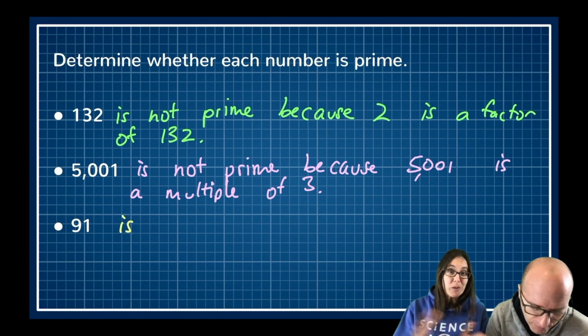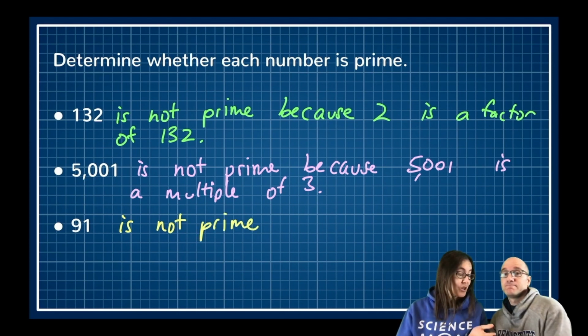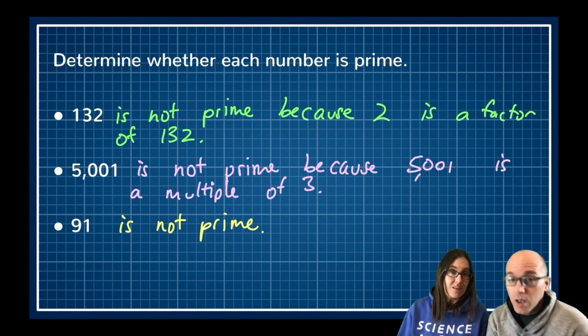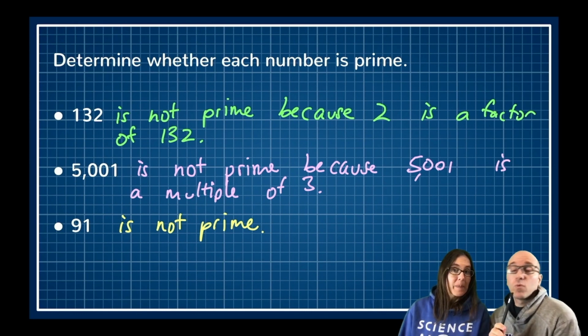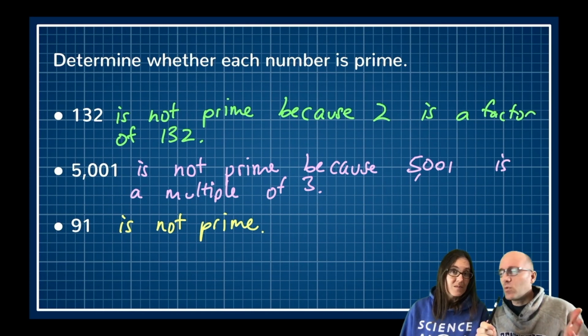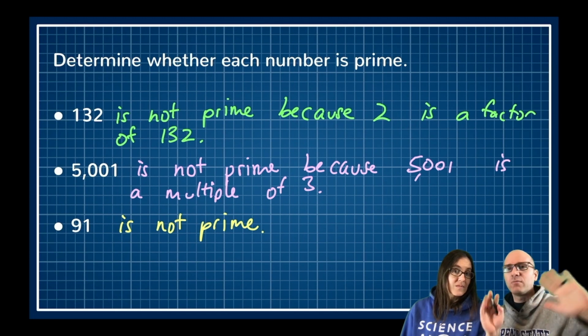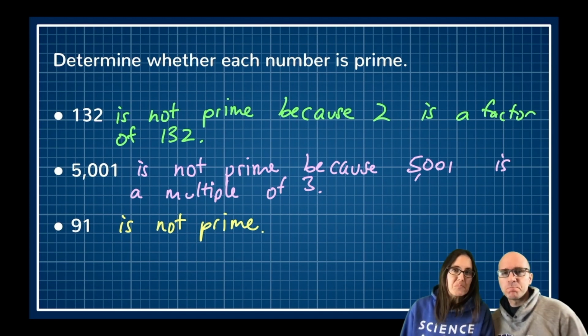Do you have to check all of the factors all the way from 1 to 90 to try and figure out if it's prime? How do you know when to stop checking? Well, that would certainly do it, although it turns out you don't have to go up until you get to 91. Go up till you get a number times itself is bigger than 91, and then that's as far as you have to go.